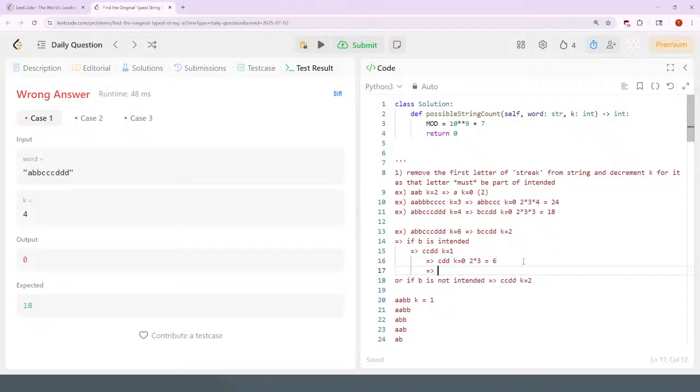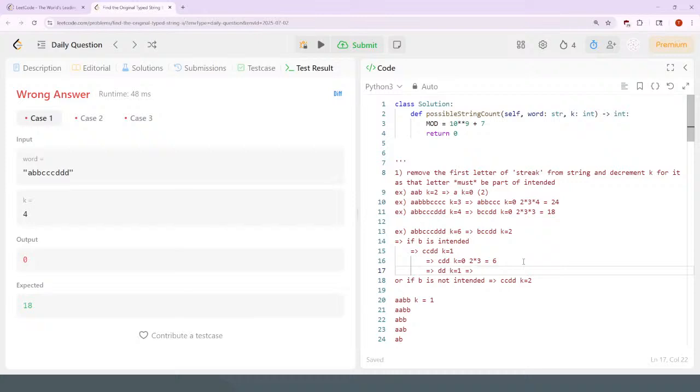Alternatively, if she didn't intend to write the C's, then this C is not intended because she's holding down the button, and these C's are kind of unintended duplicates. In which case, you go down to the D's, and she still has one intended letter from those. And then that boils down to,